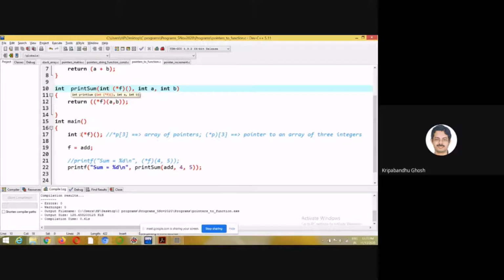This is a pointer to a function with return type int. It takes this as an argument, and it also takes a and b, and it calls f. What is f? F is basically add, right? So it contains the address of add, and it runs it.